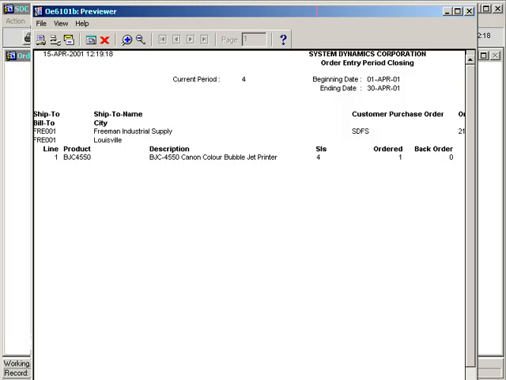This program looks at the shipping date of the orders, so if the shipping date falls within the beginning ending date, then they will display on this report and you won't be able to close the period until these orders have been updated. So in our example here, we'll just take a look at